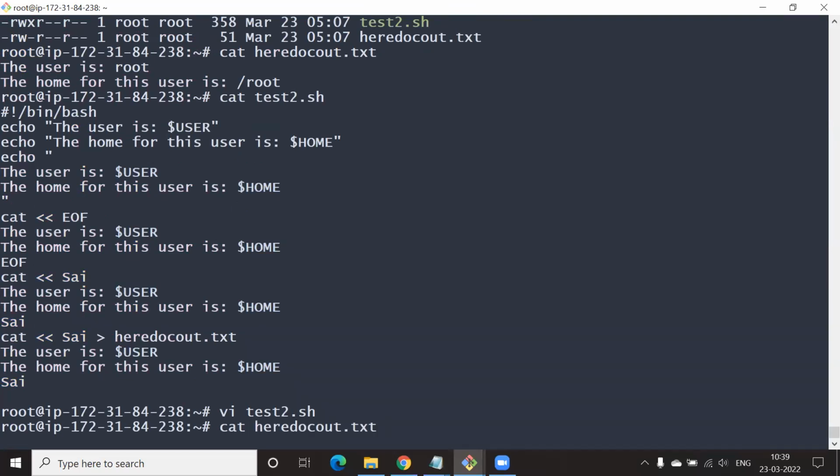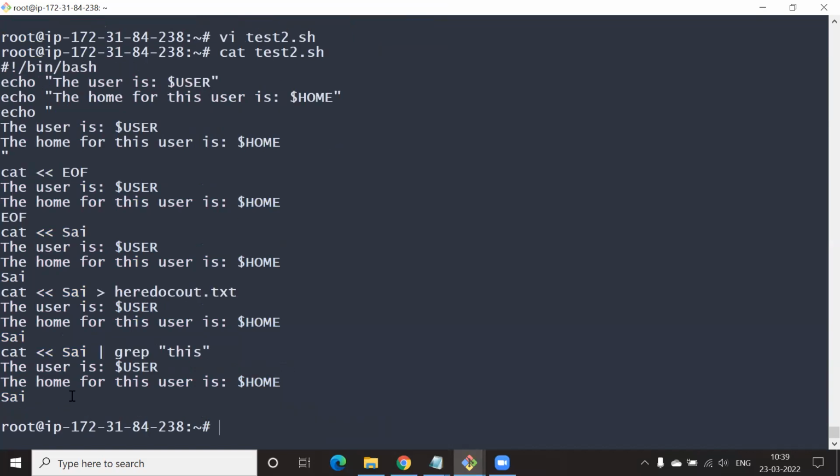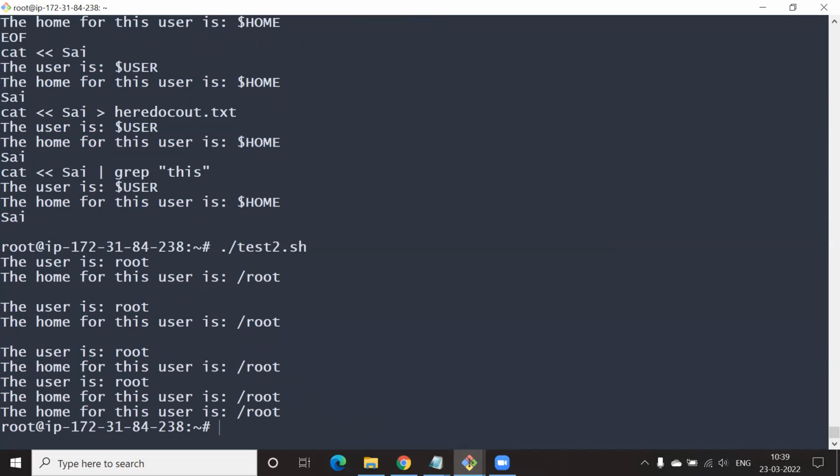First cat the file and then run the file, so that we are looking at both of them. Now run the file. Okay. Now try to explain.